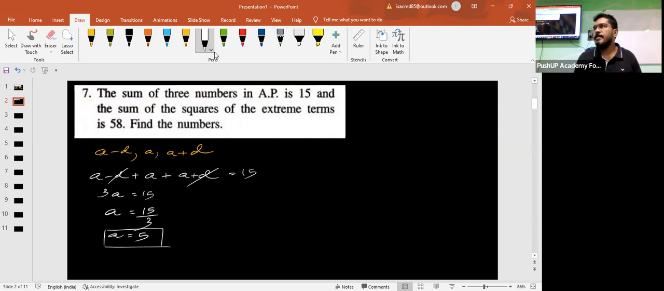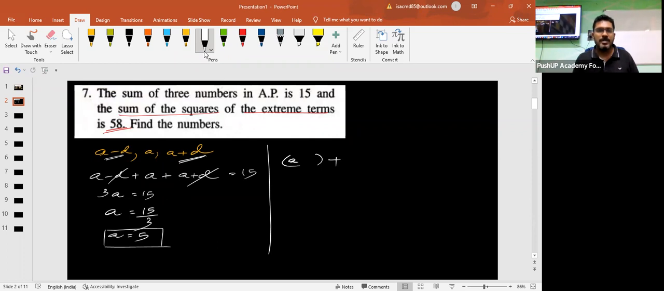Sachin, you understood? Now, the second condition: the sum of the squares of the extreme terms is 58. Now, what does that mean? Children, extreme terms means the term in the first position and the term in the last position. They are known as extreme terms. So if you take the sum of the squares, sum means plus, the squares of the two